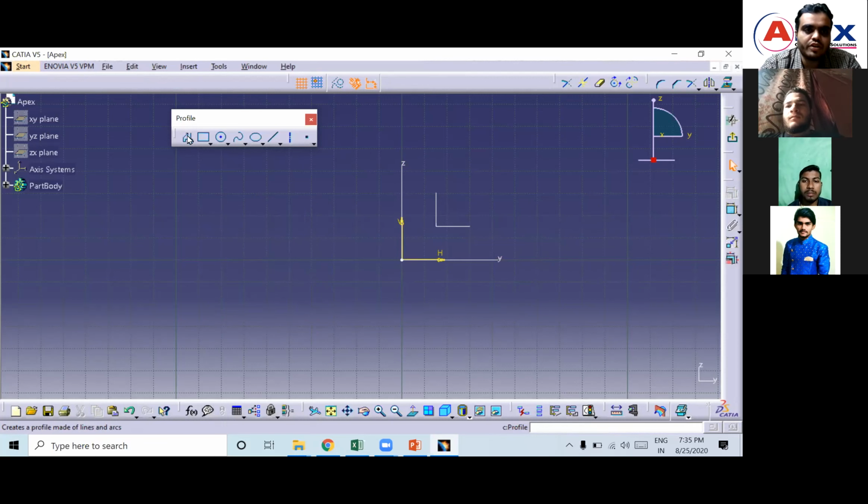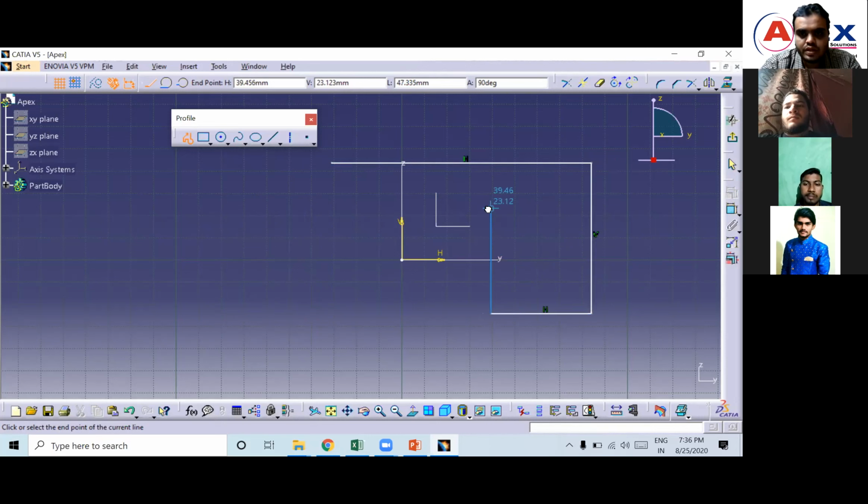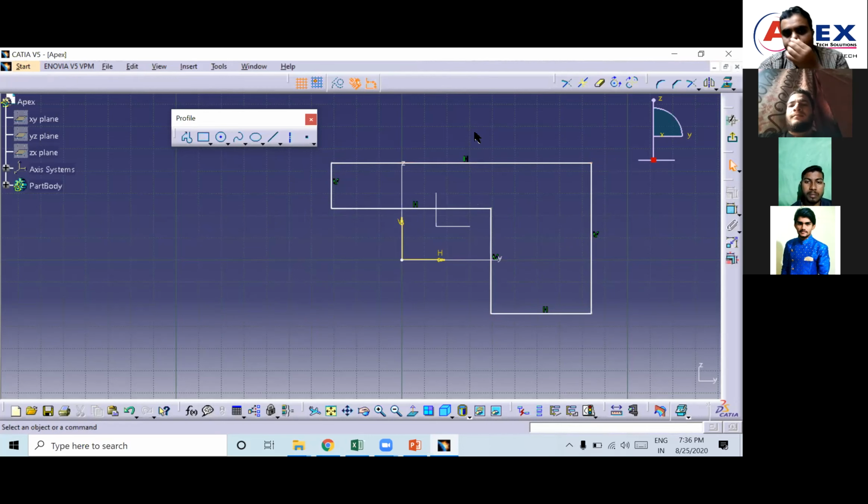So continuous lines we can create, 1, 2, 3, 4, 5. If you take the cursor here, it will show the reference line. Once you click on the starting point, the profile option will automatically disable. That means it has been closed. Got it?